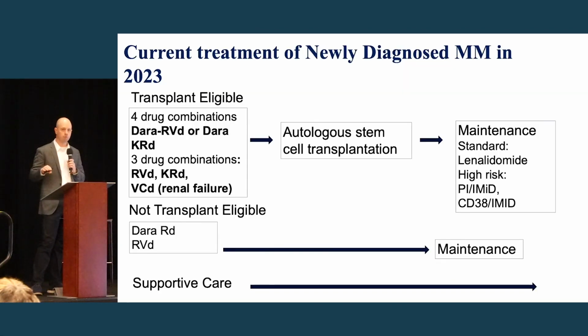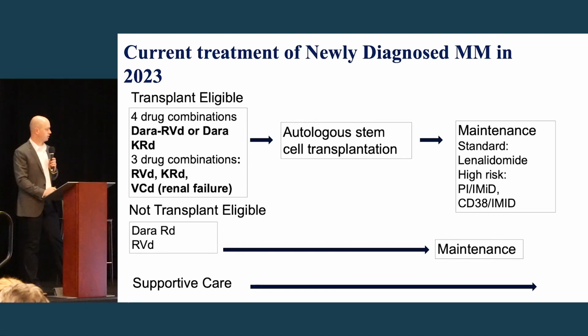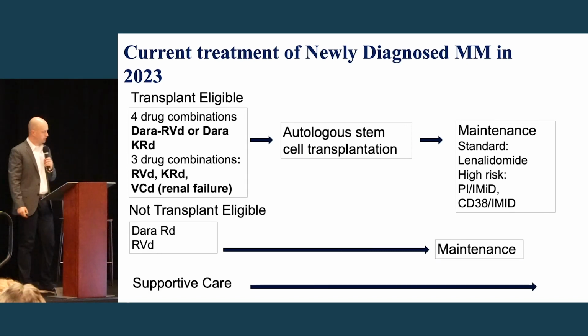I know a lot of this is very familiar, but most of us, the faculty, were just at the International Myeloma Society meeting in Athens, a couple weeks ago, so I can share some recent updates from that. I think there are some new thoughts about what constitutes high risk that are probably going to change some of our practice. For patients who are newly diagnosed nowadays, we would typically start, I think most of us